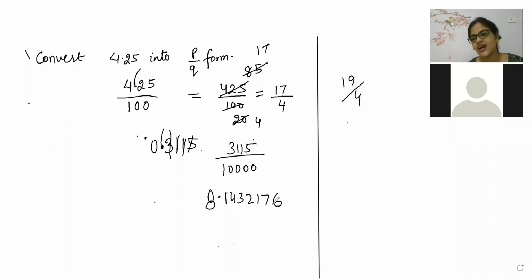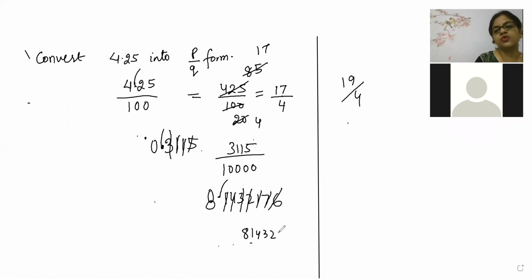Very good, Ashwin, Krishna, Kanishka, Meronisha, Jiva, Vishal, Avinash. How many digits are there, beta? That many zeros. How many digits? 1, 2, 3, 4, 5, 6, 7. 7 digits are there, so 7 zeros will be there. So when the decimal cuts, it will come 81432176 by 1, 2, 3, 4, 5, 6, 7 zeros. I hope you have understood. Very good. Anyone having a doubt, ask now itself, beta. Any doubt?